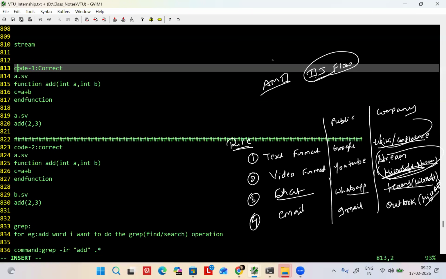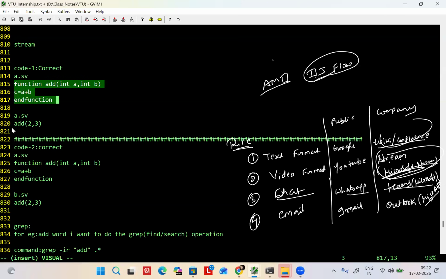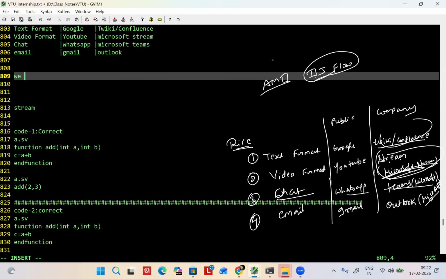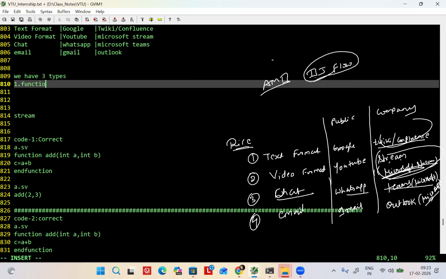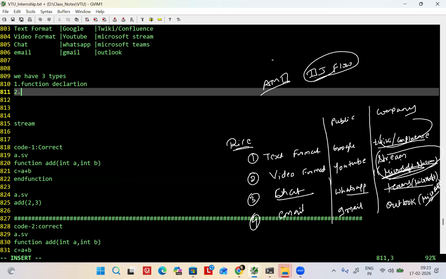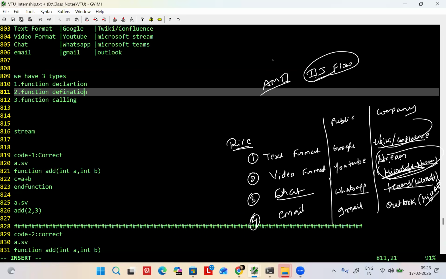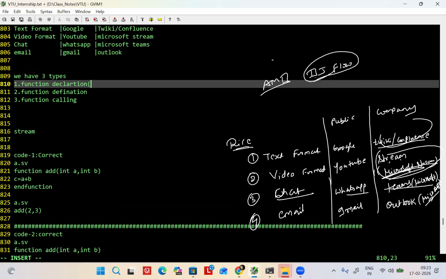Now, if you remember, what do you call this one? And what do you call this one? Function definition, function calling. We have three types: function declaration, function definition, and function calling. Is declaration optional or mandatory?